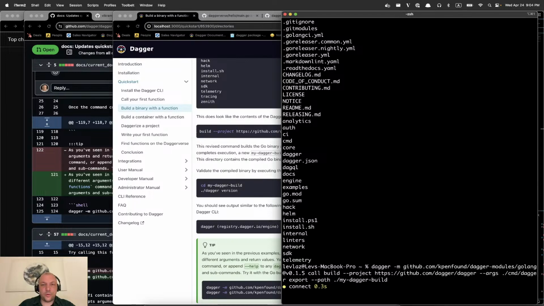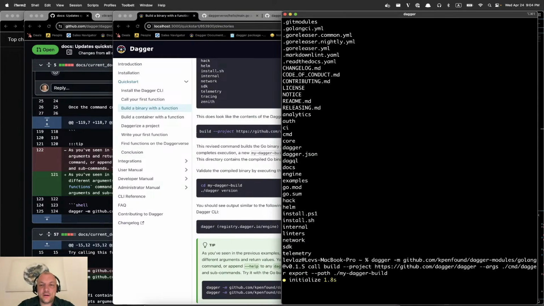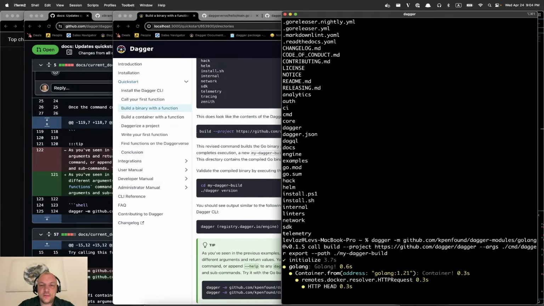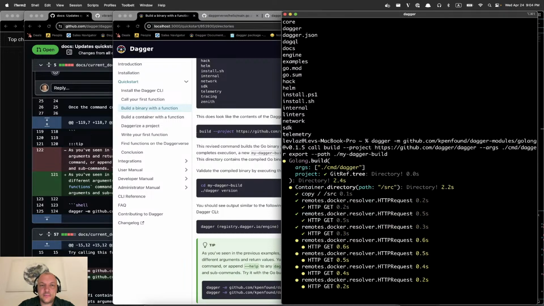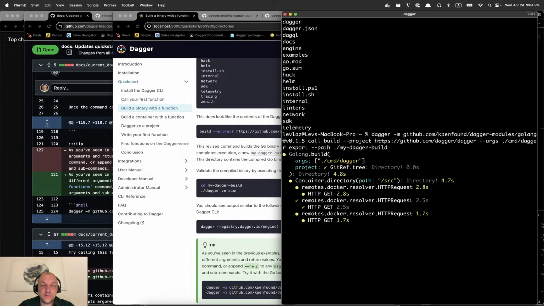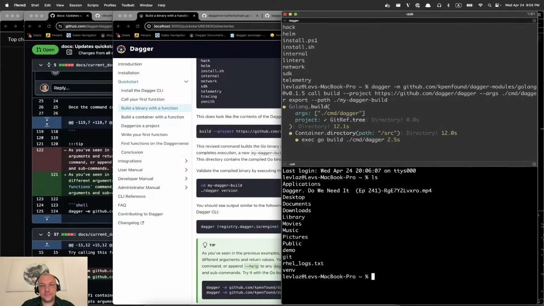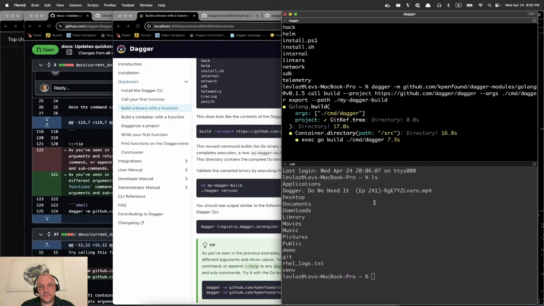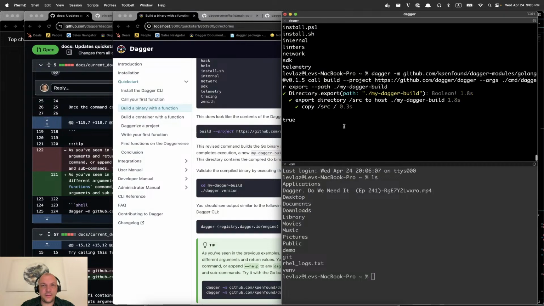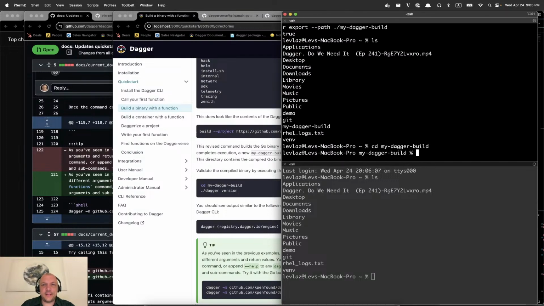So now we're going to export the binary that we built inside of that container to a local directory called my Dagger build. And then if I go into that directory, yeah, this is pretty painful. This is a little bit painful. Okay, cool. So it says true. Now if I go to my Dagger build,